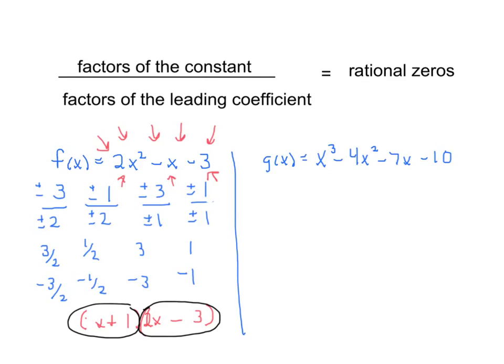However, if you look at g of x, it does not factor. But it does have some very nice zeros. Now we wouldn't necessarily know that, but if we take the factors of 10, which are 10 and 1,